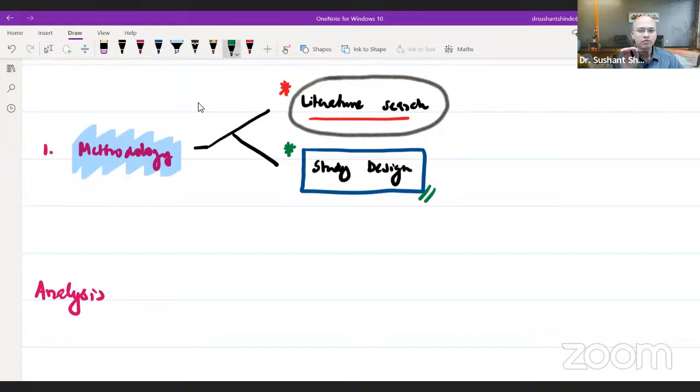If you are participating in a workshop, you will find me coming back to this idea again and again and again: what the study design was, what the limitations of that design were, and whether that design gave the study, eventually, in analysis, the power to answer a particular question.